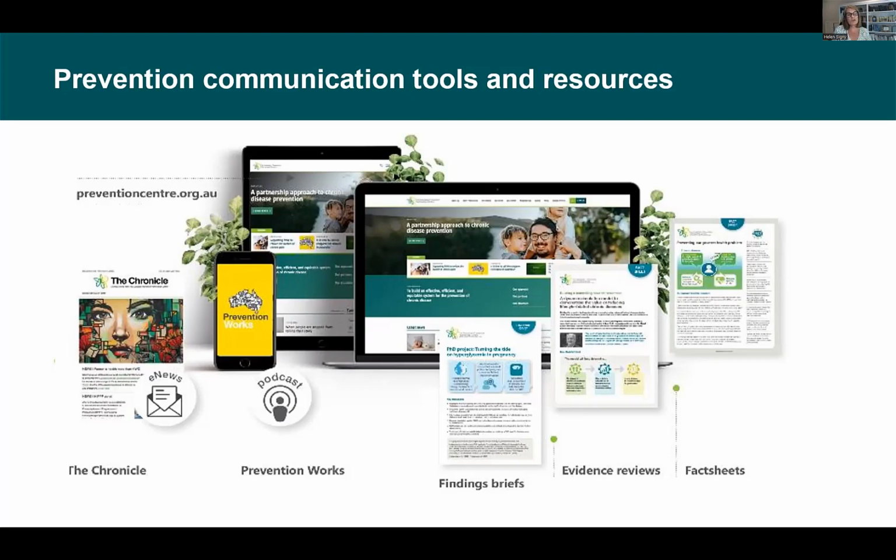We also have a communications community of practice for 1 or 2 people from each CRE, and you are very welcome to attend that. That's where the comms people from all the CREs get together. A lot of them are researchers, they're not professional comms people, and we just nut out the burning topics, like what platform do you use for your newsletter, and what do we do about Twitter, and that sort of thing. So we would love to see falls prevention at that. But please come to me for any questions.